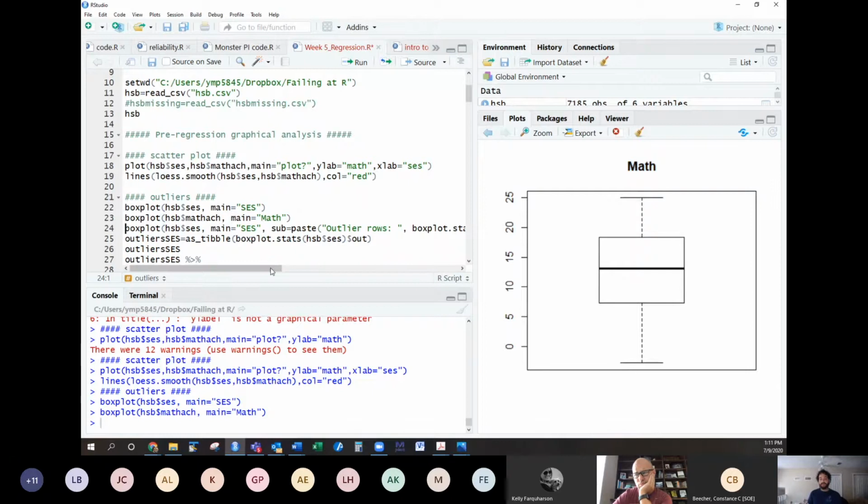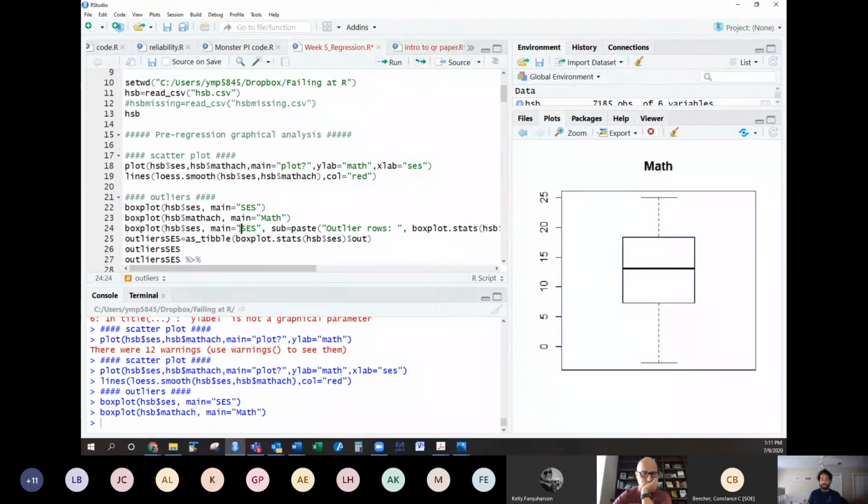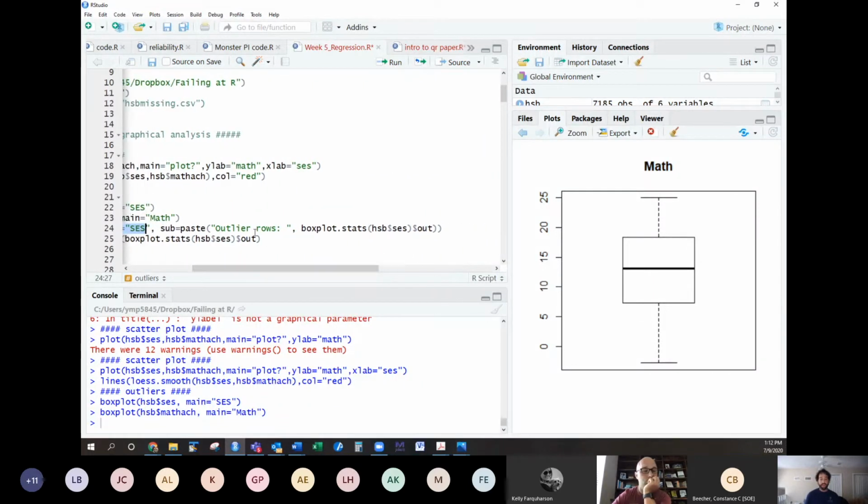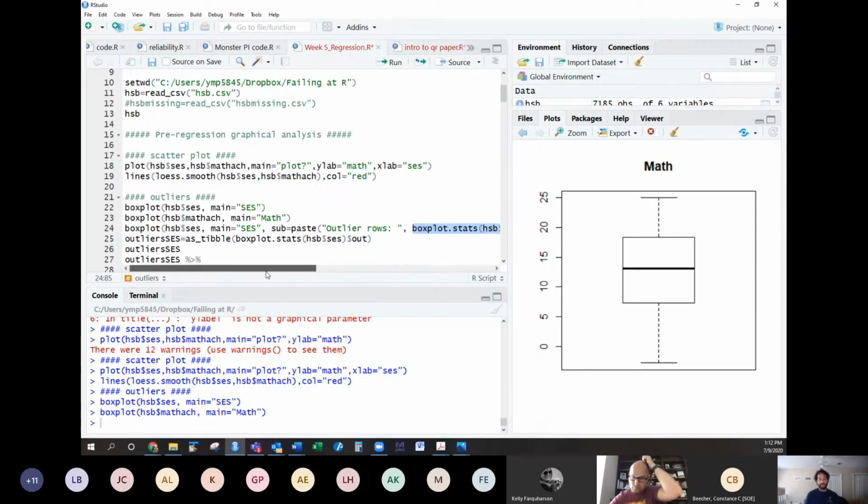But one way we could specifically identify some of the outlier values is by using this code here. So we're identifying the variable. Here I'm labeling the graph. But then underneath, this is saying paste outliers rows and then use boxplot stats. And so this is actually producing this in a list. It's retaining the outlier information that's generated by using the box plot command, and it's going to paste it on the bottom of the graph here. And so if I run that,